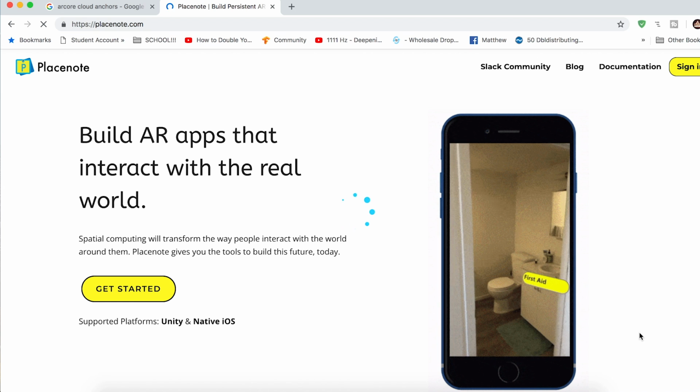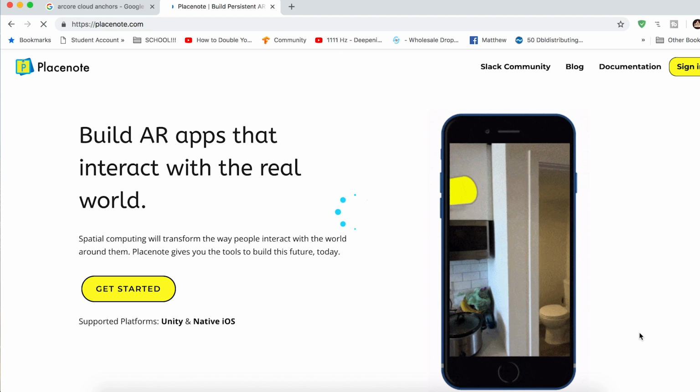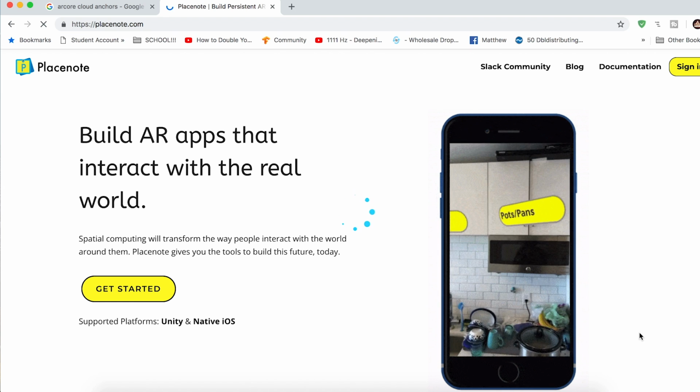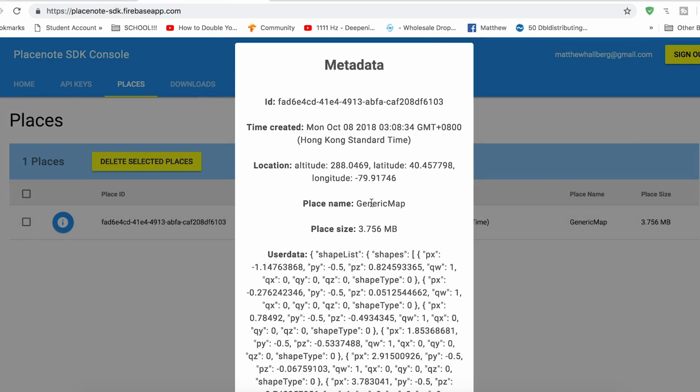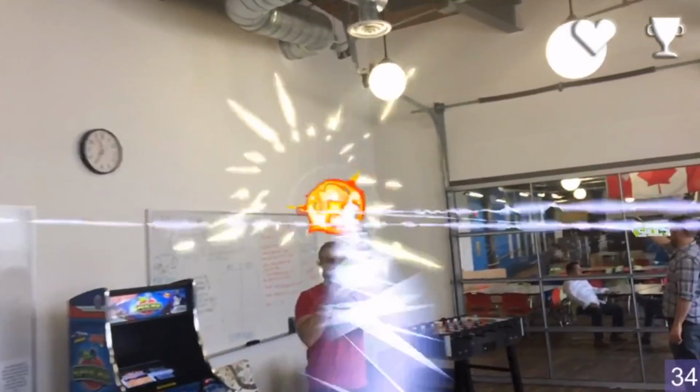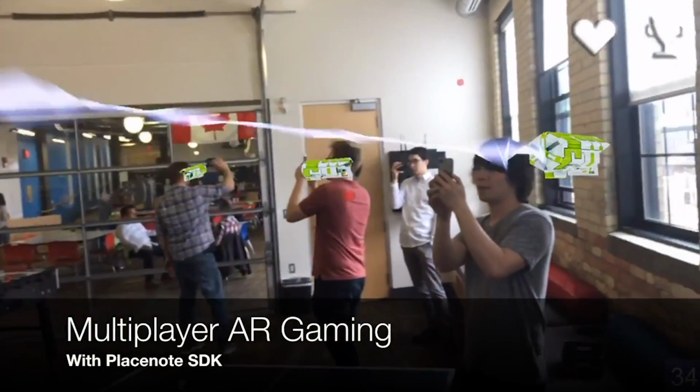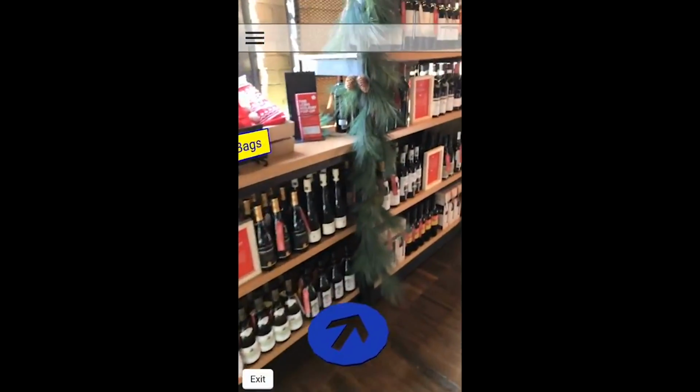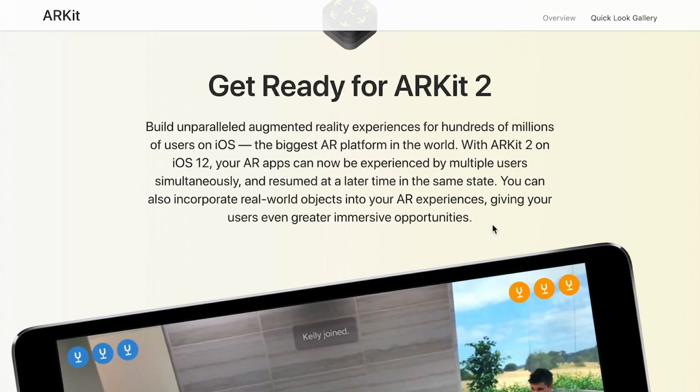It turns out PlaceNote is an SDK for creating persistent AR that integrates with ARKit, and also has a nice cloud-based solution that goes along with it. So this is great for making multiplayer experiences, for tagging messages in particular areas, or in our case, indoor navigation. So this is different than using ARKit 2.0 and their AR World Map, because PlaceNote takes care of cloud storage